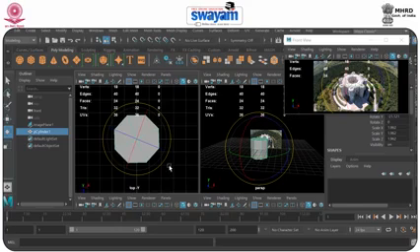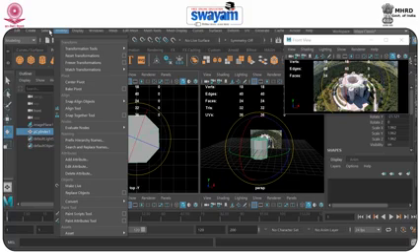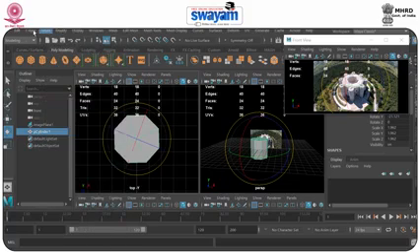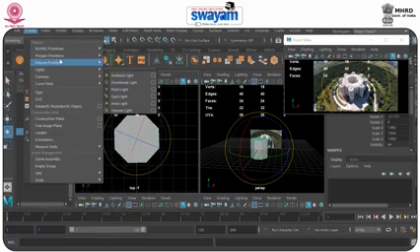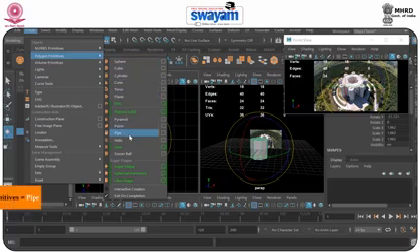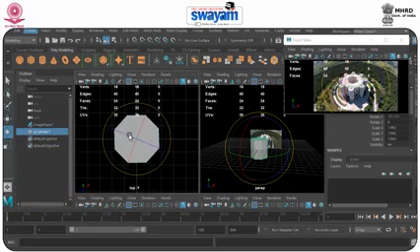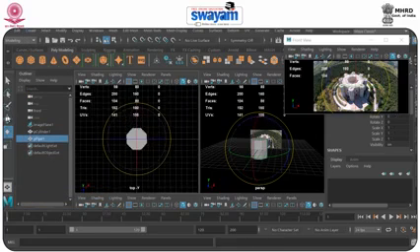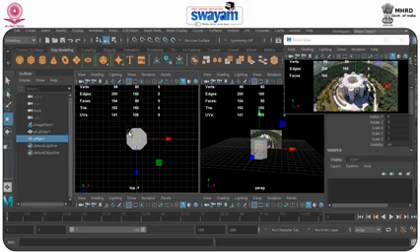So what we can do, to create the same, you can use the create option, and here in polygon primitives we have a pipe option also. So for creation of this center model, we can use the pipe also. Now it has been created in the center.